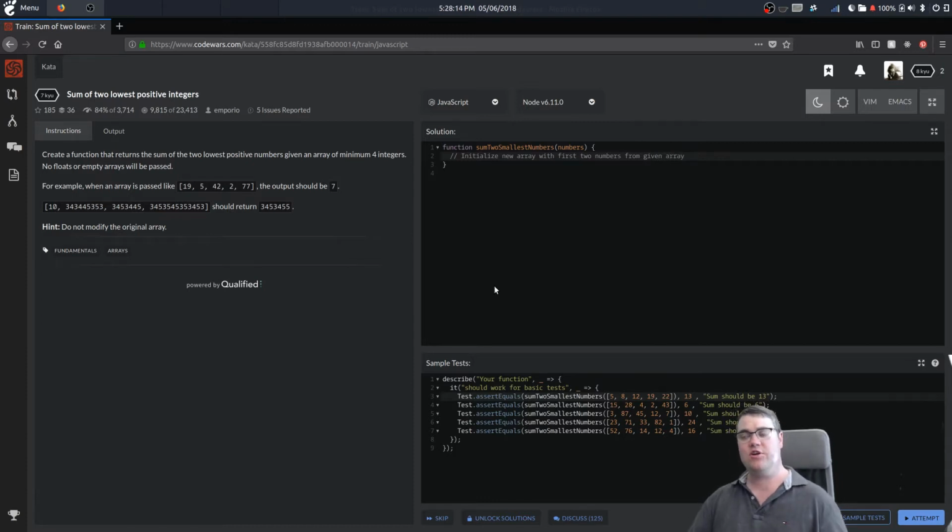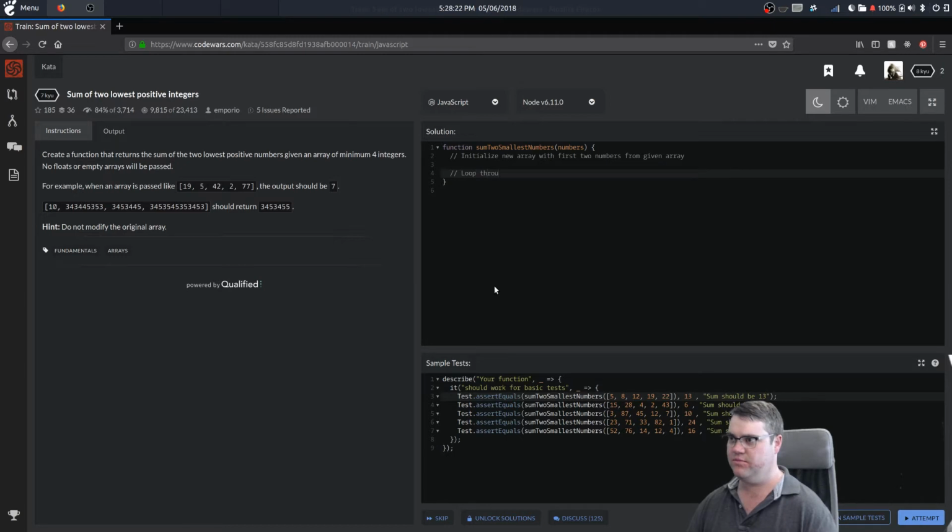Okay, so then we're going to loop through the rest of the numbers, and if the current number is smaller than, so if it's smaller than either,